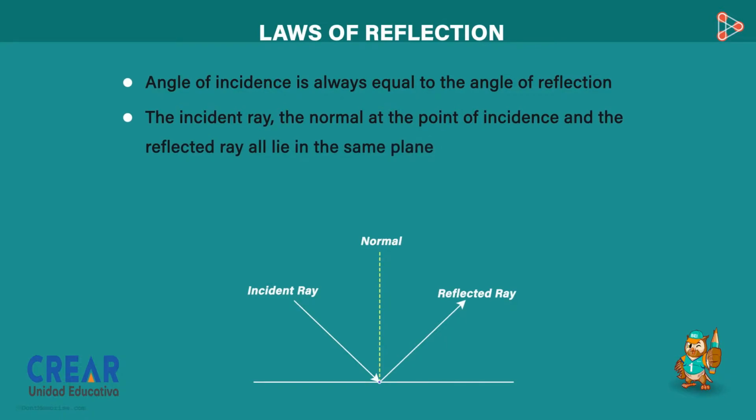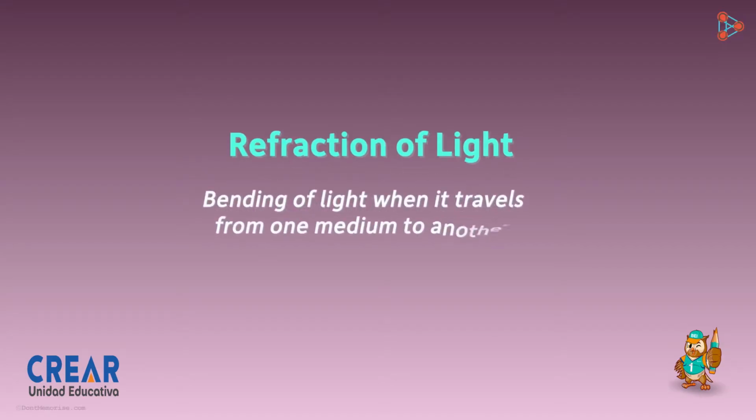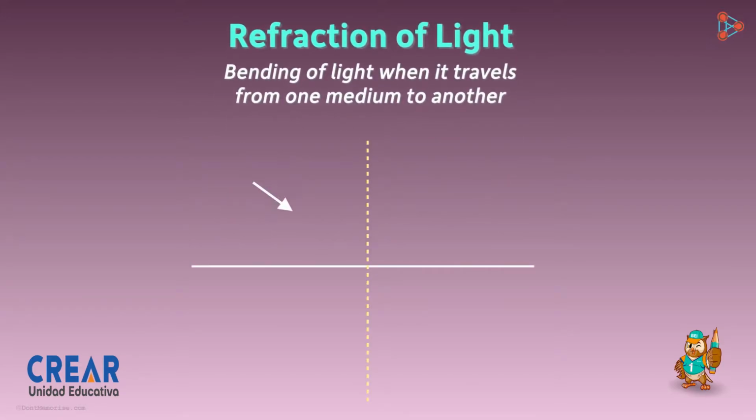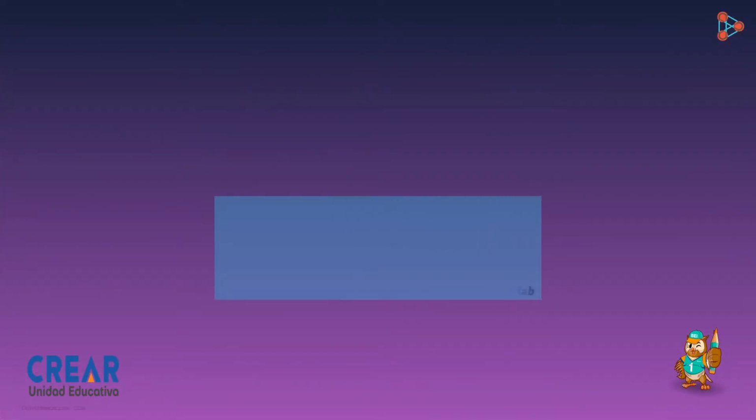The refraction is when a ray of light goes from air to water. Its speed changes. As a result, the ray changes its path. This is called, as I told you, refraction. When white light passes through a drop of rain, the ray of light refracts. Each ray of color separates, forming a rainbow. That is the refraction. Light also refracts when it passes through a lens, and there are two types of lenses,